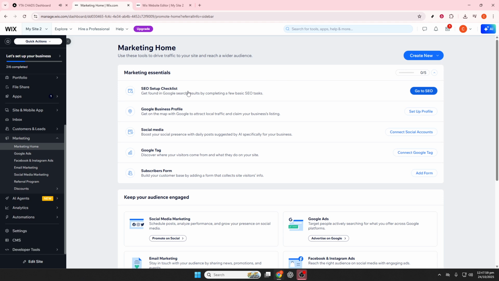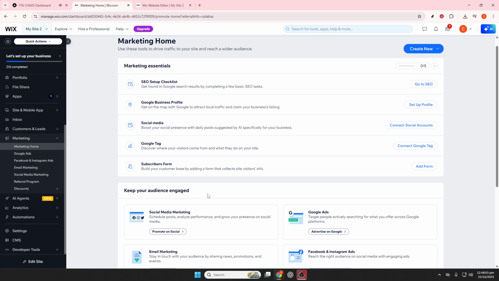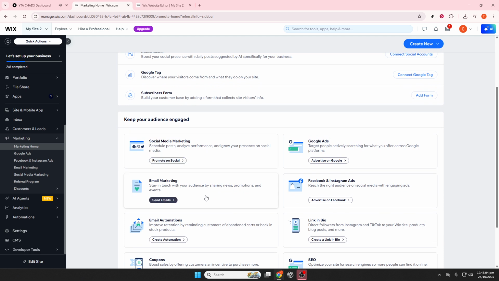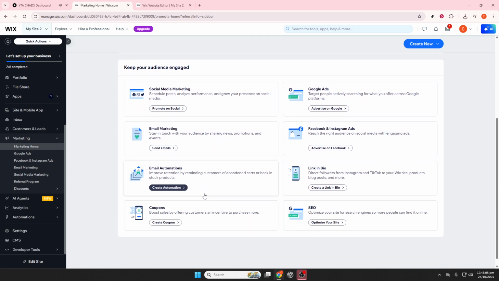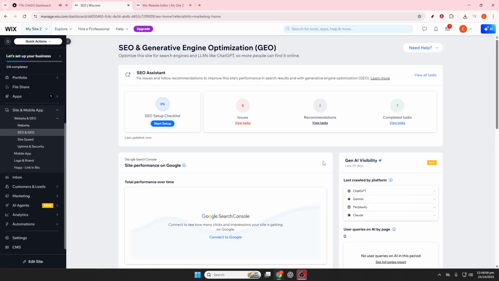Keywords play a pivotal role in SEO. Research using tools like Google Keyword Planner, Ahrefs, or Ubersuggest. Then integrate these target keywords within your page titles, headings, and the first 100 words of content, including image alt text and meta descriptions, all while ensuring natural readability. Don't overlook mobile